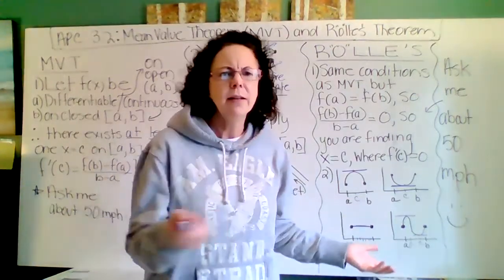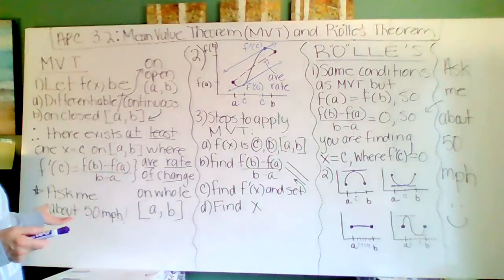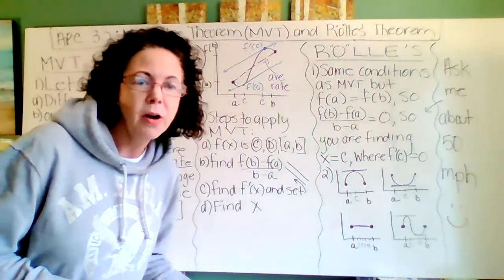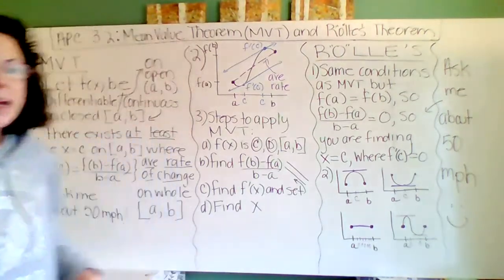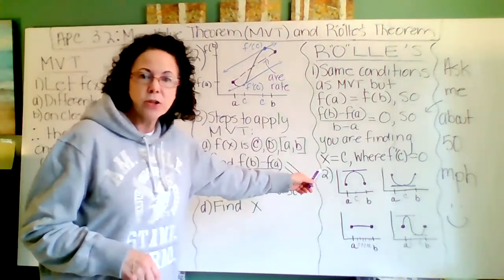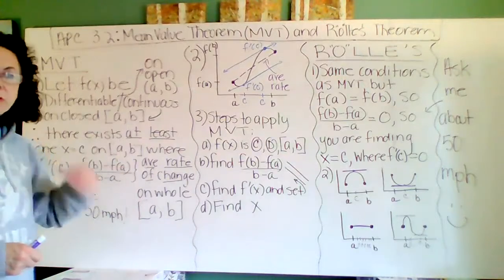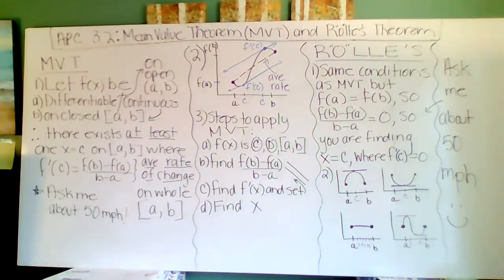Your book actually does Rolle's theorem first and then the mean value theorem. That is wrong, I believe. And here's why: Rolle's theorem is actually one condition of the mean value theorem. So you should learn the mean value theorem first. Now these theorems